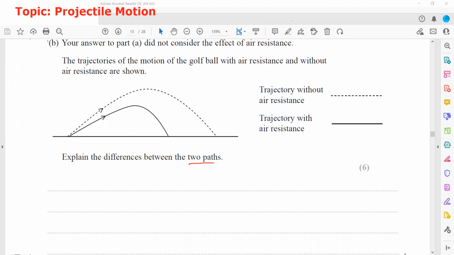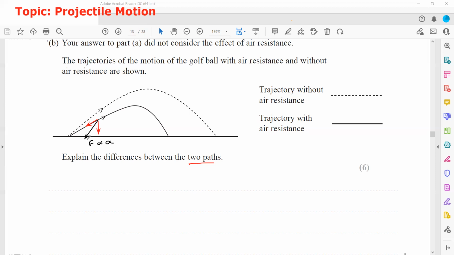So when air resistance is there, as it is going up, two forces are acting, because air resistance always tries to oppose the motion. So one is the weight of an object, which is acting downward, and the other one is air resistance, which is trying to oppose. Air resistance always tries to oppose the motion. So as a result of these two downward forces, there will be a resultant force downward, and because resultant force and acceleration or deceleration are directly proportional,